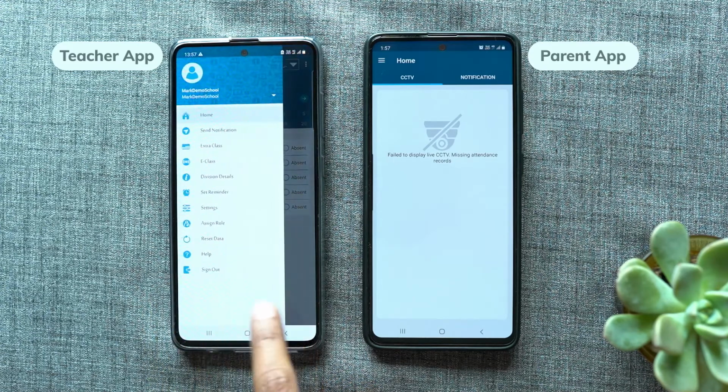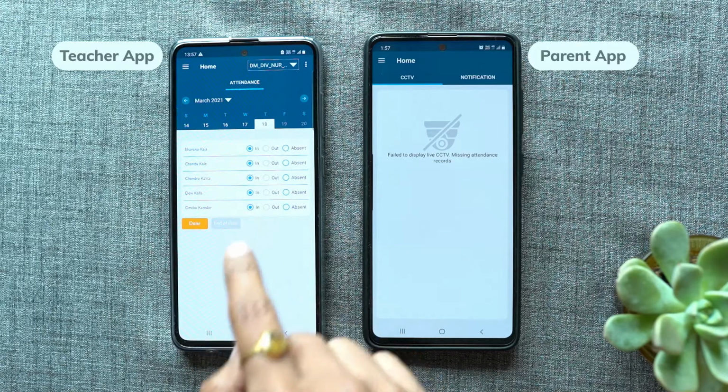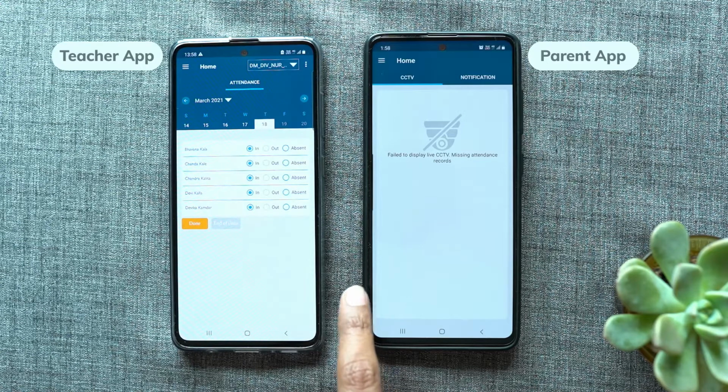School OTG provider takes data from the school and updates it on their portal. Therefore, after registration, the teacher will be able to see all the data about her assigned divisions. As you can see, we are viewing the parent app as well. In the teacher app, this attendance view is for daycare and activity center where children are attending multiple times in a day. Let's see how to mark the attendance here.